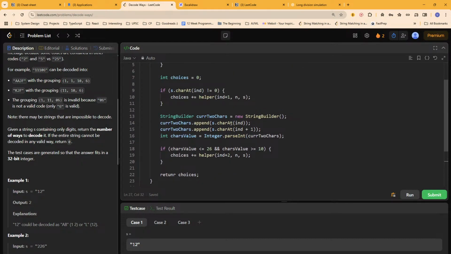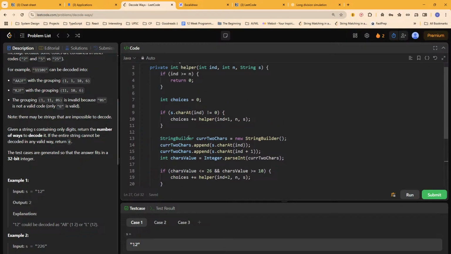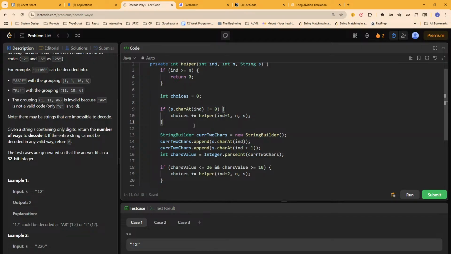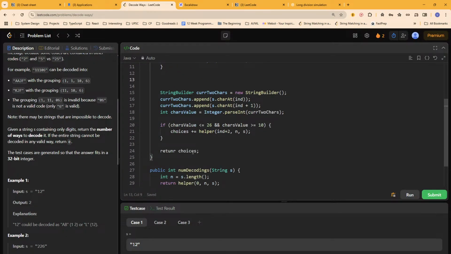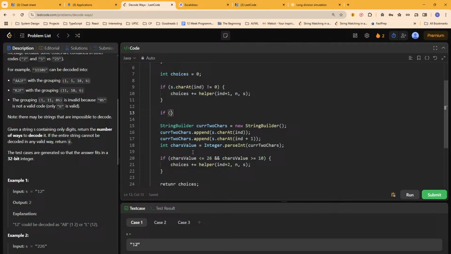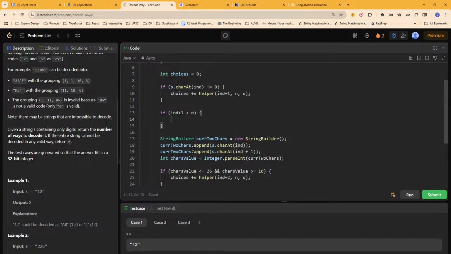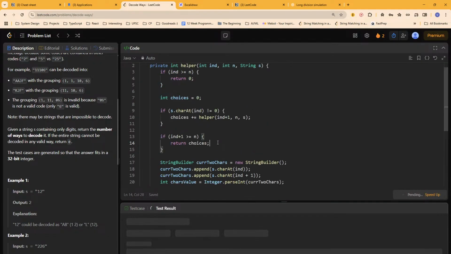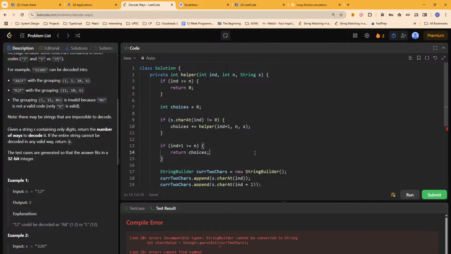Here also we have to ensure another thing: if index plus 1 is less than 10, only then I should be proceeding with the further calculations. If it is 10, string builder का नाम तो string